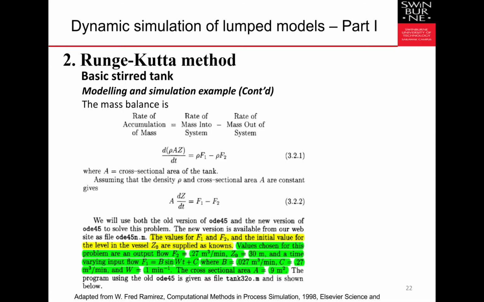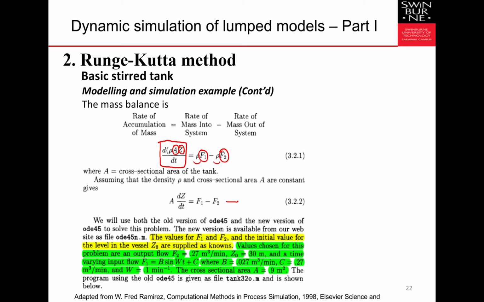We multiply in the accumulation term, the density comes out, as well as on the right hand side, and then there will be the cross-sectional area of the tank multiplied by the height of the liquid in the tank, and here is the flow rate of the liquid. Okay, which can be simplified into these equations here, assuming that the density and the cross-sectional area are constant.